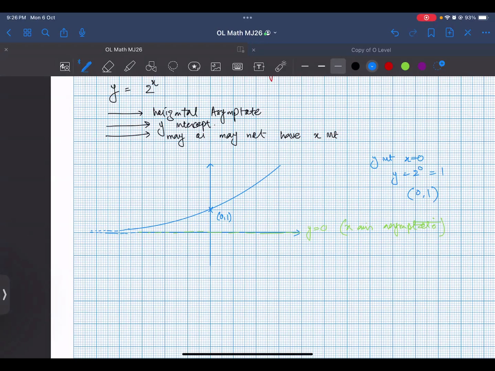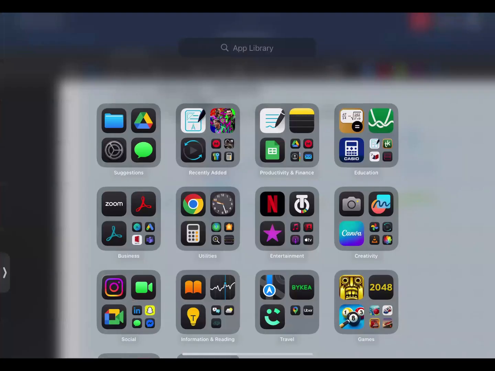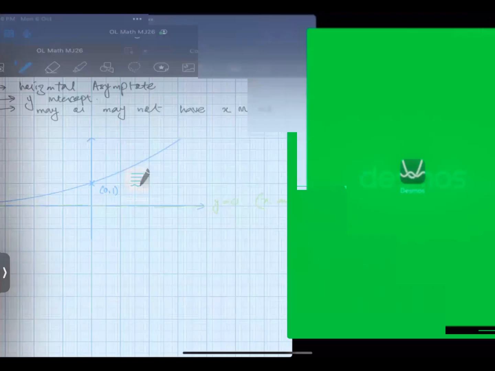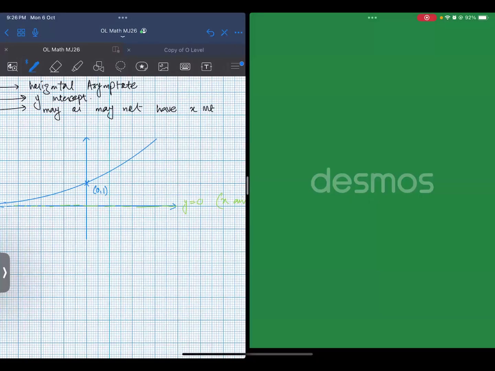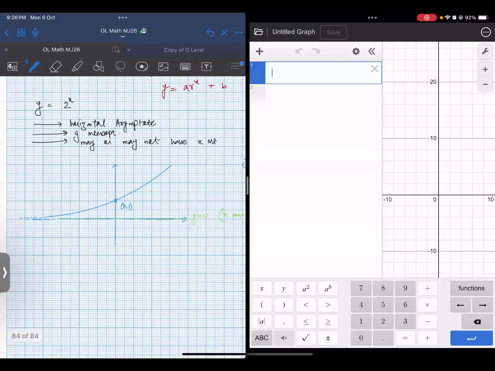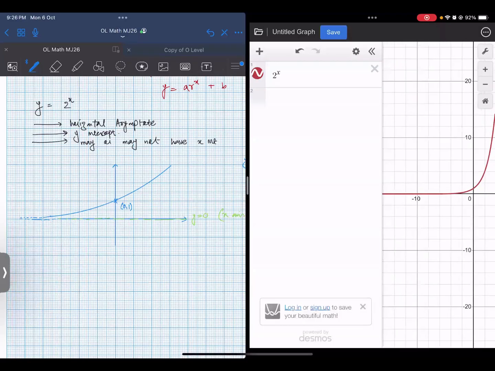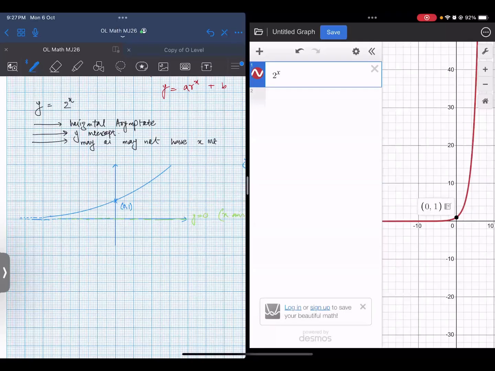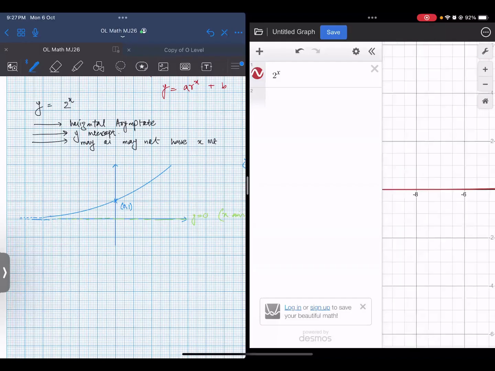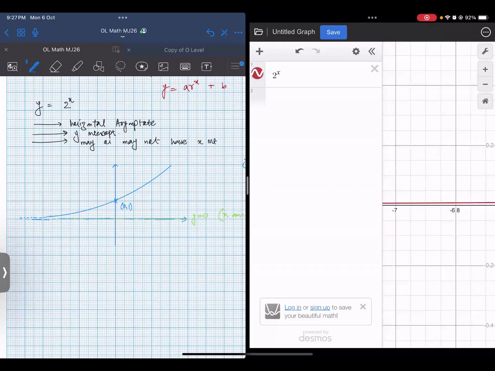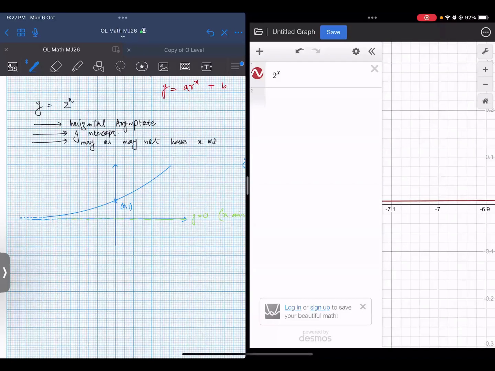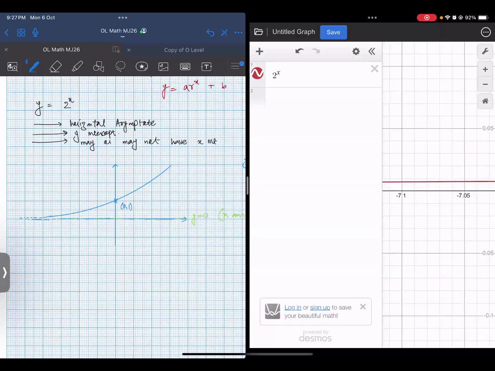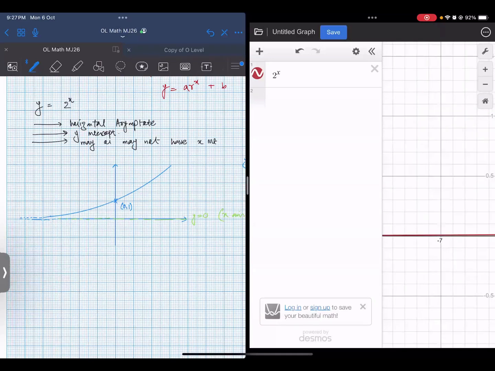Sir, I understood everything, but how did you draw the line at 0? That line at 0 is the asymptote. Look, I'll show you over here. This is what happens. Look at the graph. We have the similar one. So graph is going up in the positive x-axis, and to the left side it is horizontal. It is parallel to the x-axis, but it will never cross the x-axis because x-axis is the asymptote for this graph.